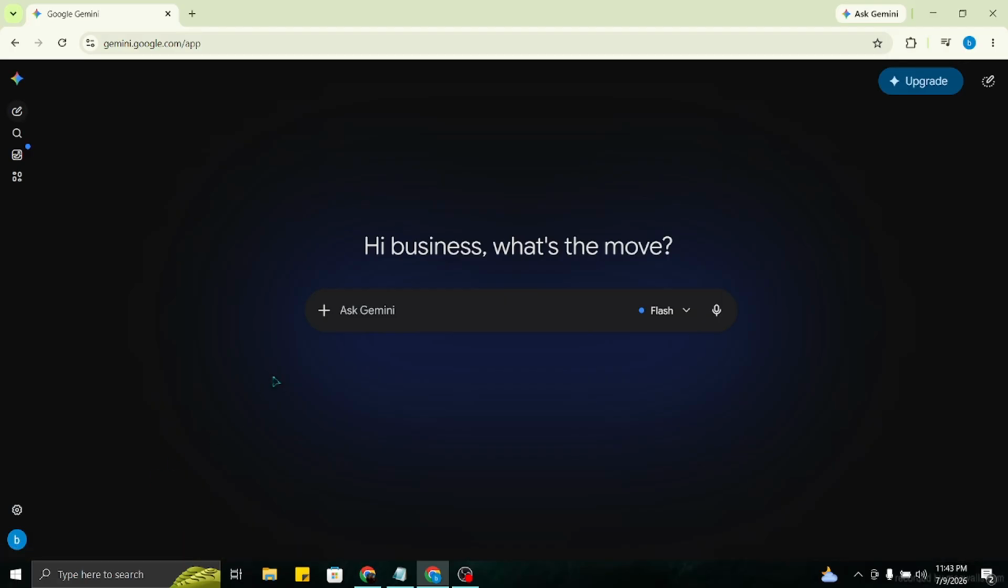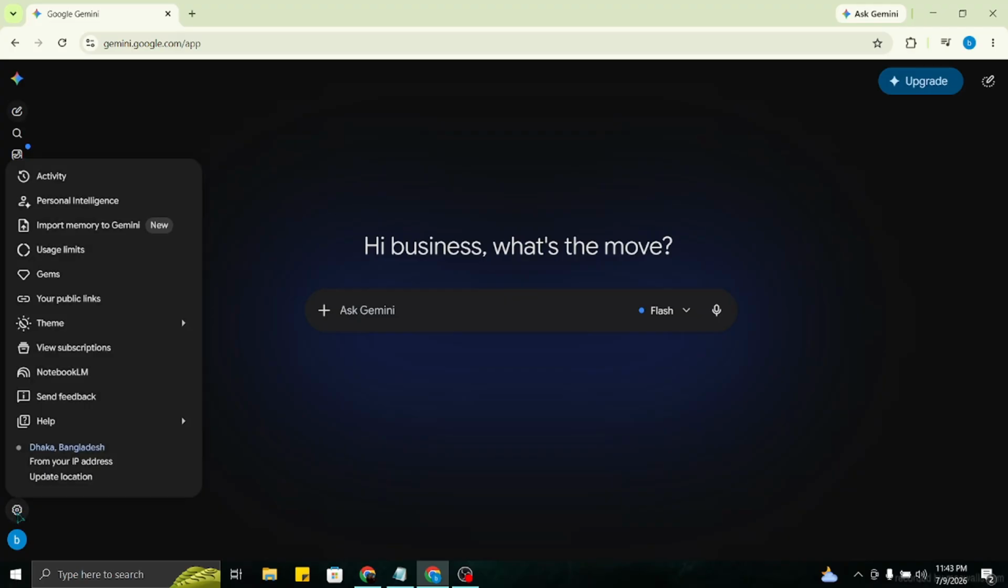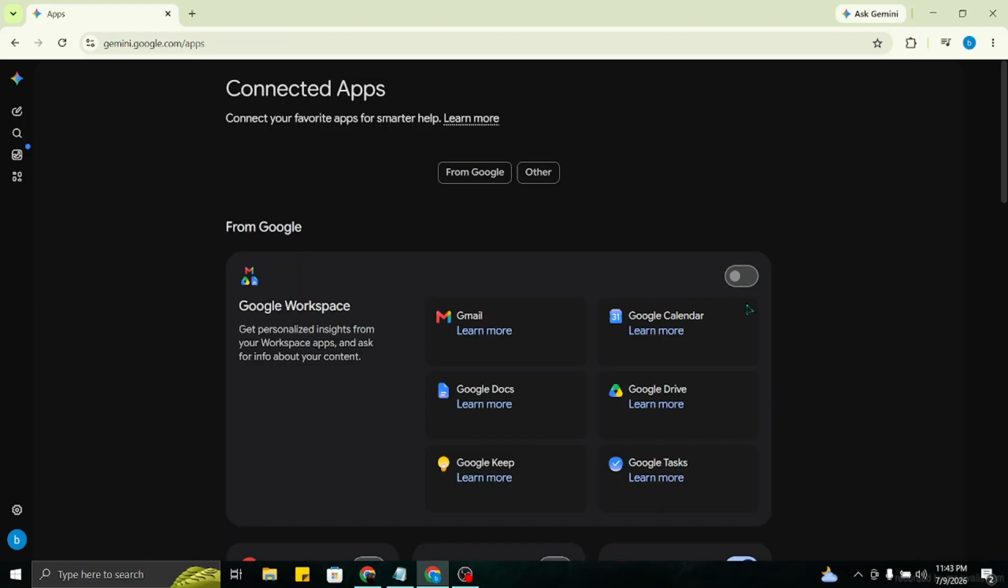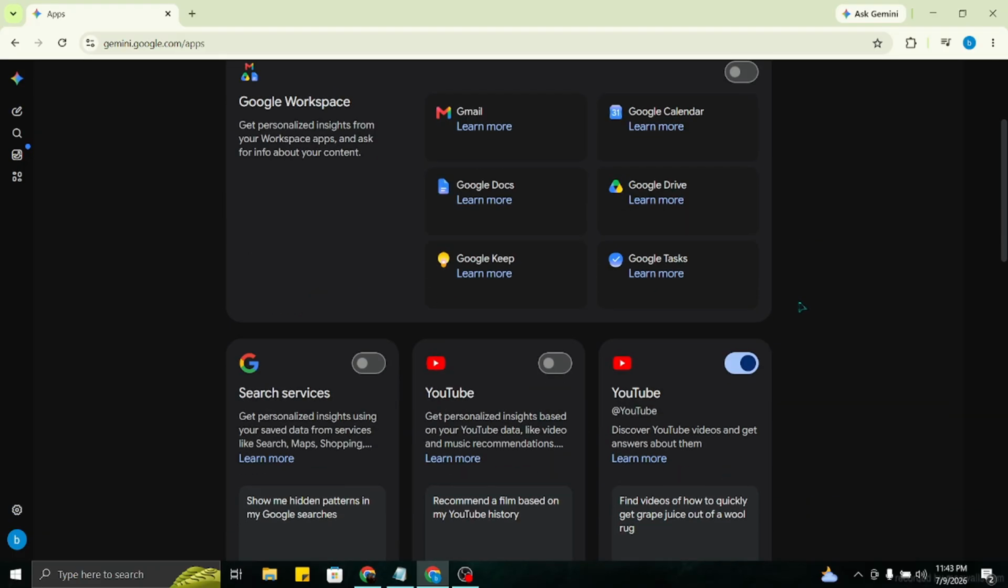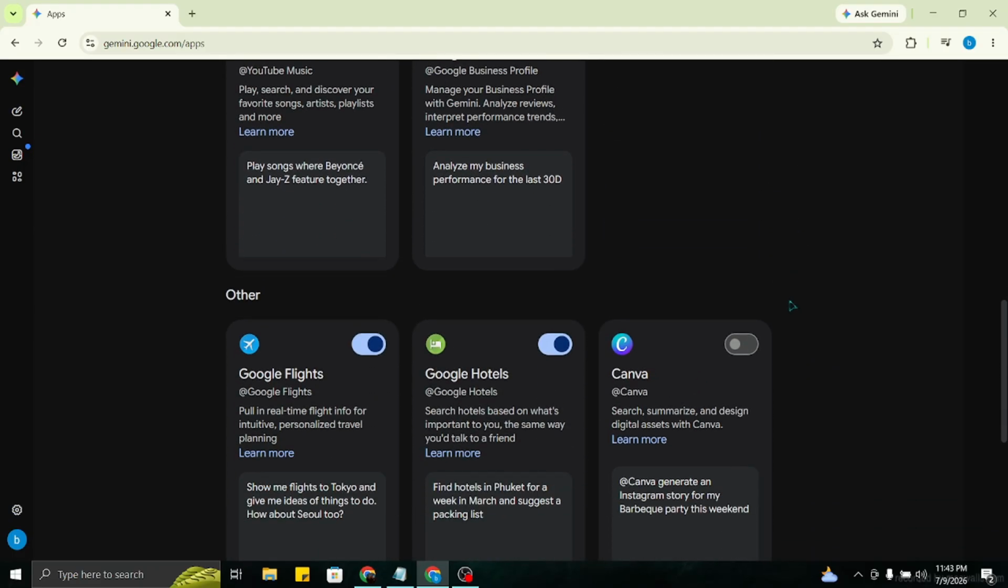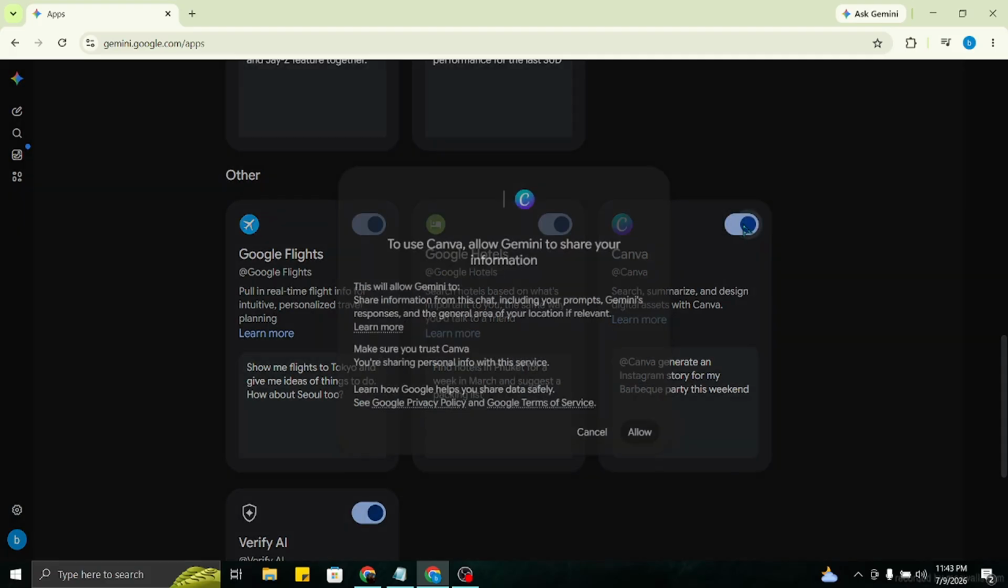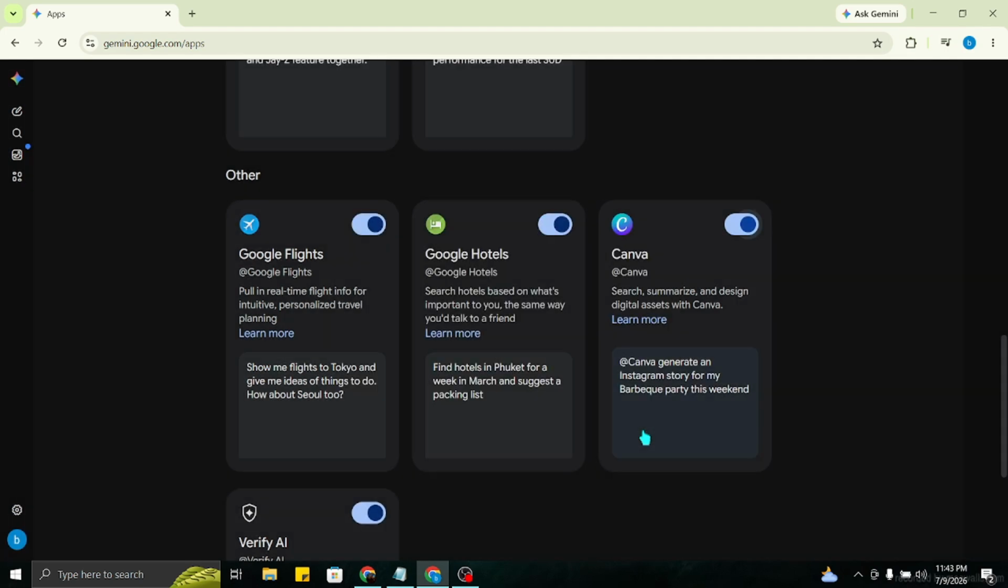So firstly, you have to log in and then you have to click on settings, and here personal intelligence and then connected apps, and then you have to scroll down here and there you will get Canva. So click on the toggle button on, click on allow,